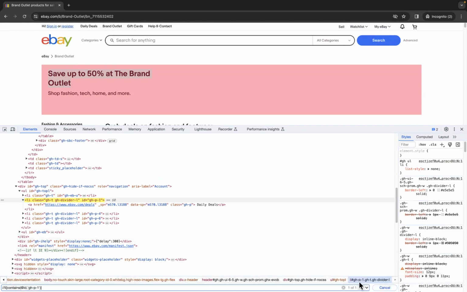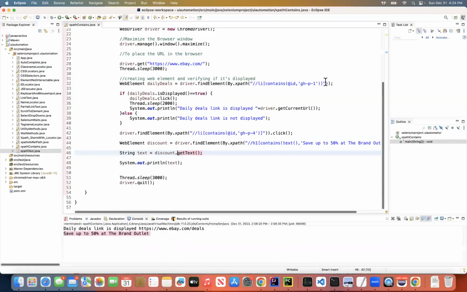Here you should be able to see that one node has been matched. That indicates that this web element is identified uniquely, right? This is also highlighted here with yellow, and then we can just copy and paste this element right here. And then once you have copied this XPath, since I've copied already, I'm not copying this one. And once this has been copied, let's jump onto the next web element, which is